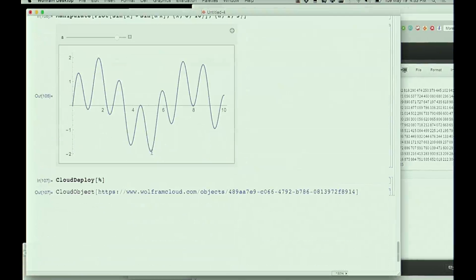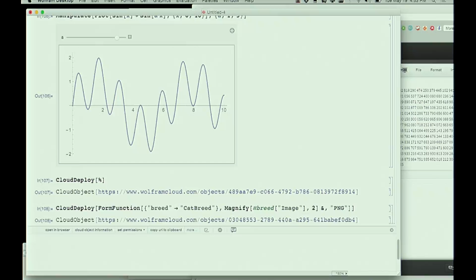So I could also do things like, let's say I want to make a form on the web, make a simple web app. I seem to often use this example, but let's say I'm going to make a picture. This is something trivial and silly, but perhaps illustrates the point. I can make a picture of a cat, popular on the web, right? And I specify a form that I want to be deployed on the web, and that form has one field. The type of that field is a cat breed.